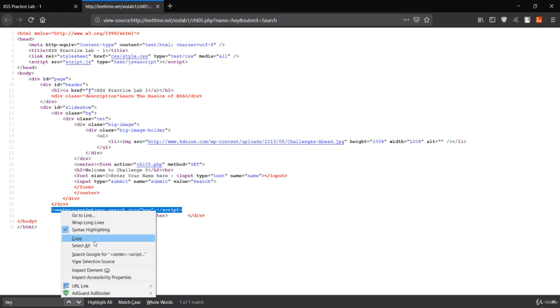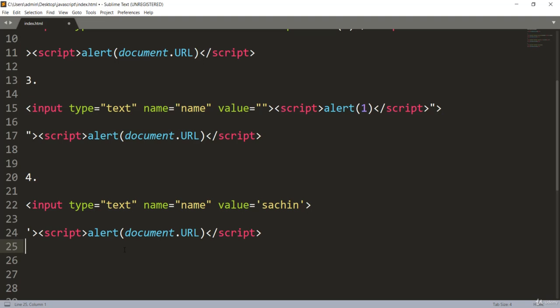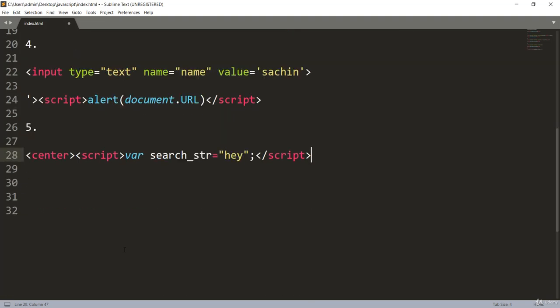First of all, I'll take everything over here. Let me copy this, go back, and this must be challenge 5. Let me paste. So this is the field where our hey has been reflected. That means our script will also be reflected in this variable of the JavaScript. So now let's think about what our payload must be.